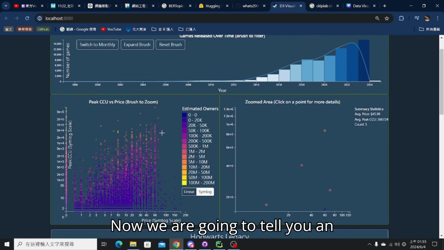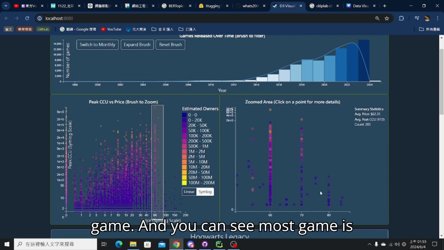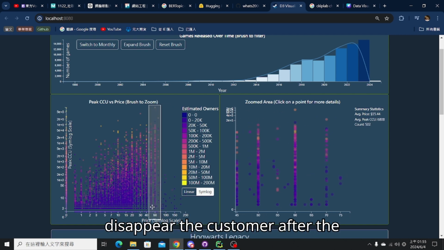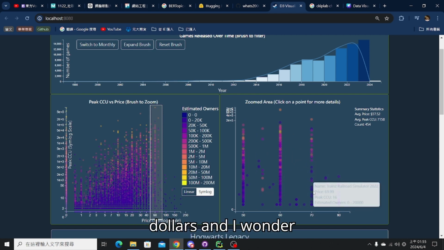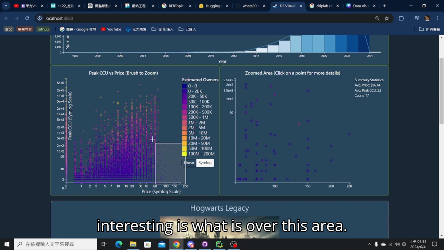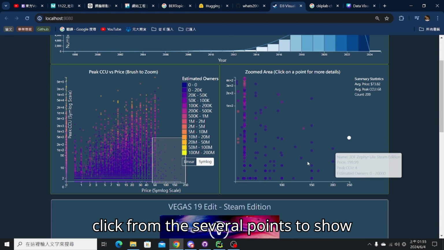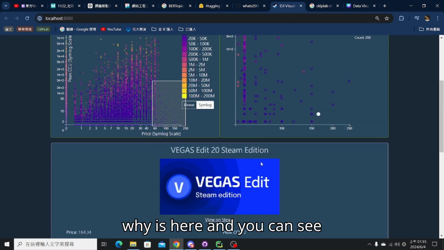Now we are going to tell you an interesting result that we found in the games, and you can see most games disappear after the $70 US dollar price. And what I wonder is why there is something over this area. Now we can see what the area is. So we click several points to show what is here, and you can see